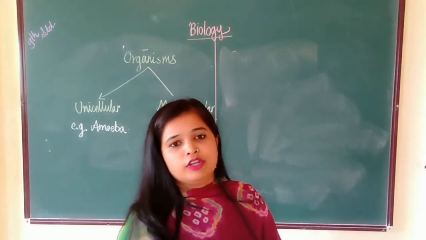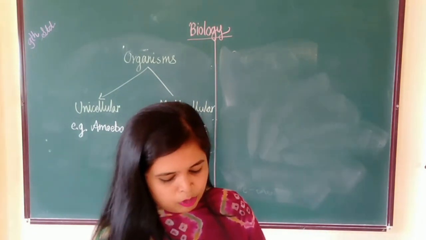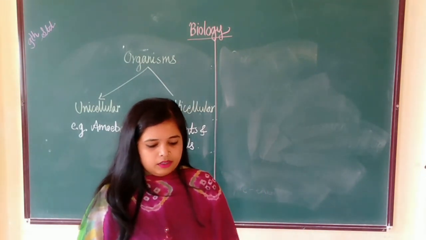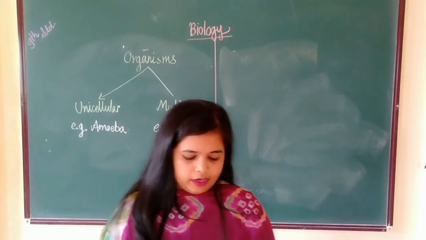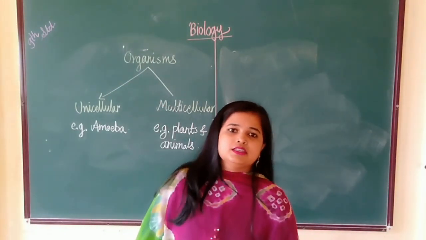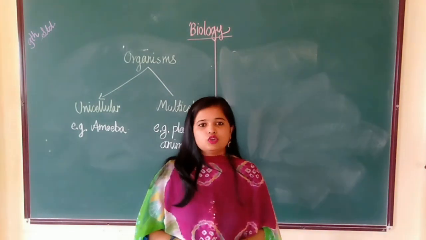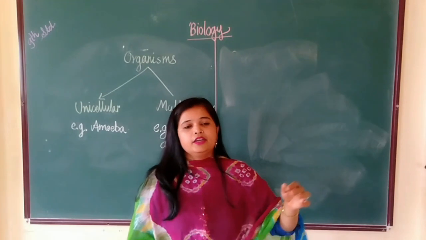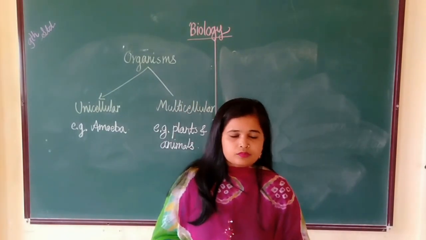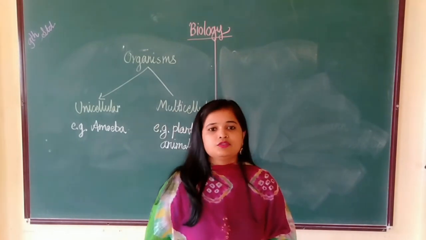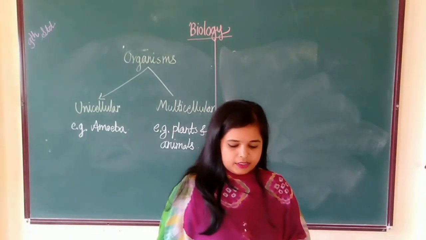Every multicellular organism has come from a single cell. How? Cells divide from the cells of their own kind. All the cells come from the pre-existing cells. Even our body is composed from a single cell, that is the zygote. In 8th standard, you have heard about the development of the baby. So its formation starts with a single cell, which is known as the zygote.